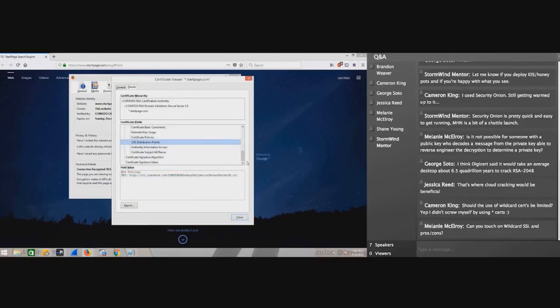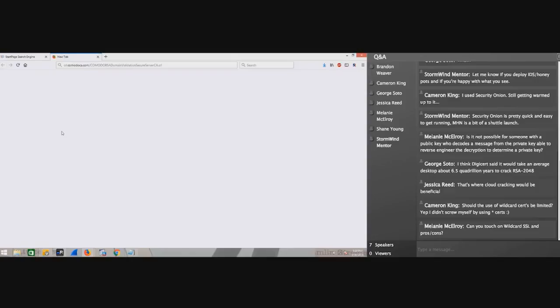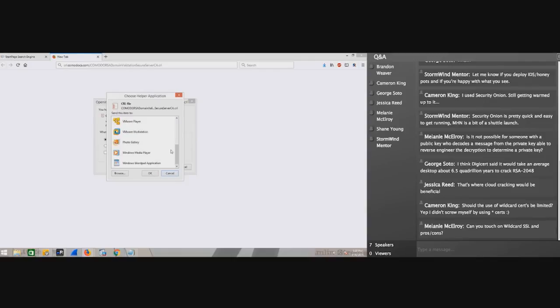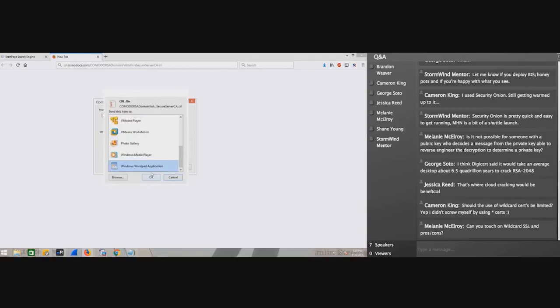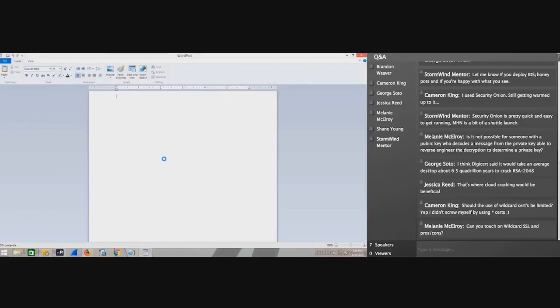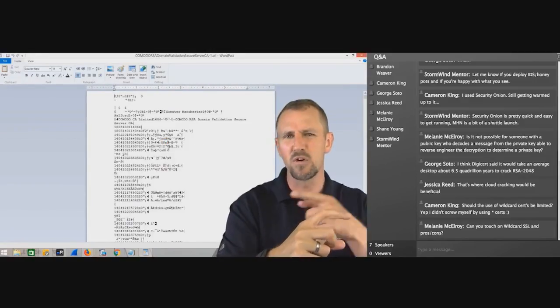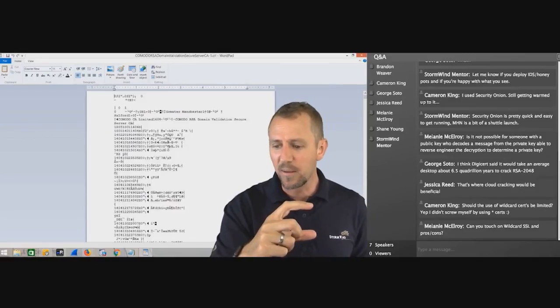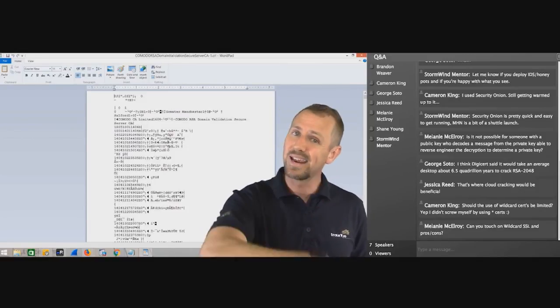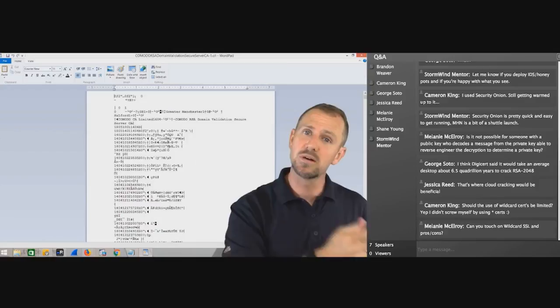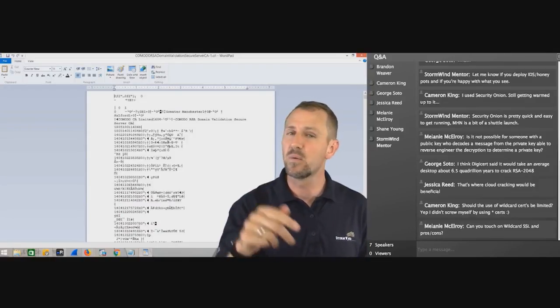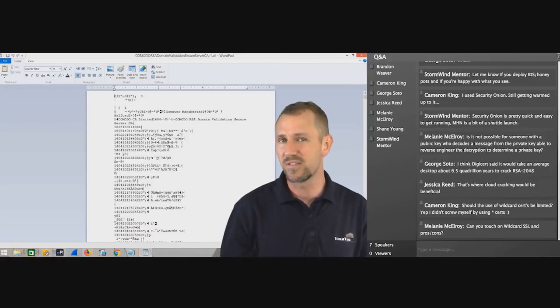Certificate revocation list distribution point. This is kind of cool. This is actually an optional check. When somebody sends you a digital certificate, they go, here's my digital certificate. It's got the born-on date, the expiration date, the person who created it for them. It's also got a CRL distribution point that says, if you're interested, yeah, the formatting on it's a little wacky, but they go, if you're interested, connect to this URL, retrieve this document, and inside of it, we've got the serial numbers of all the certificates that are